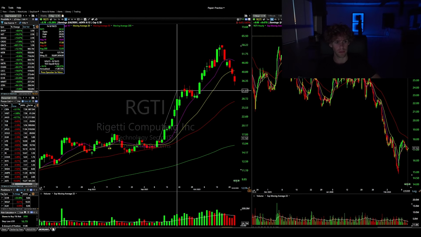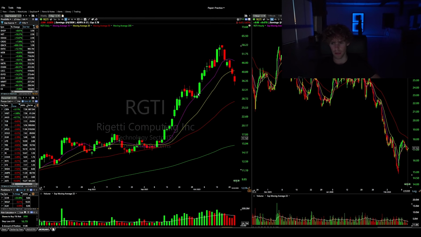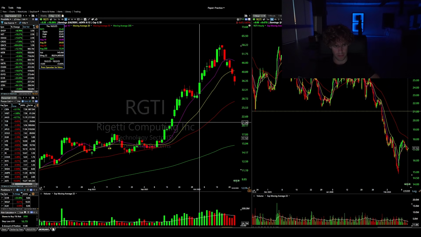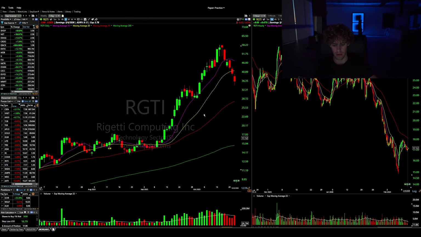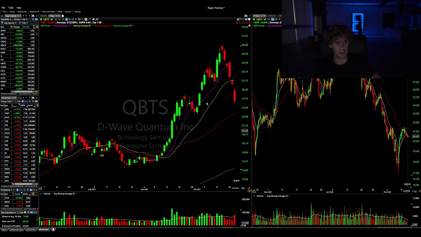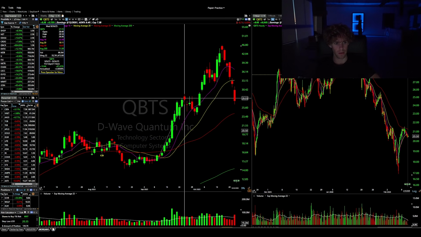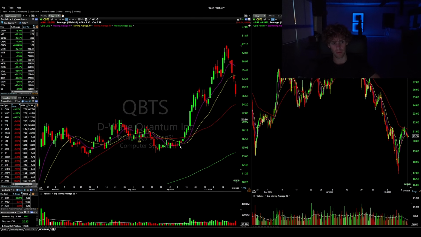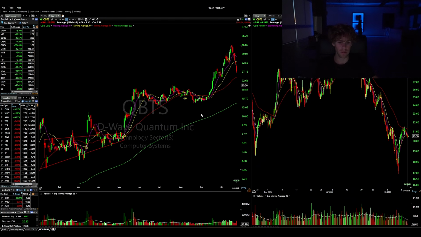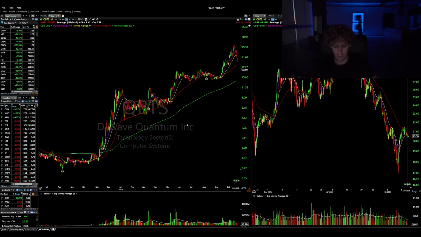Another thing you'll learn is how to pick the right leading stock. So stocks that are in the same group, for example, breaking out on the same day. It's breaking out on 10-2. QBTS was breaking out on 10-2 as well. But RGTI was a stronger stock and made a bigger move up initially. Yeah, that's breakout stuff. But anyways, for the earnings stuff, it's basically just a variation of the